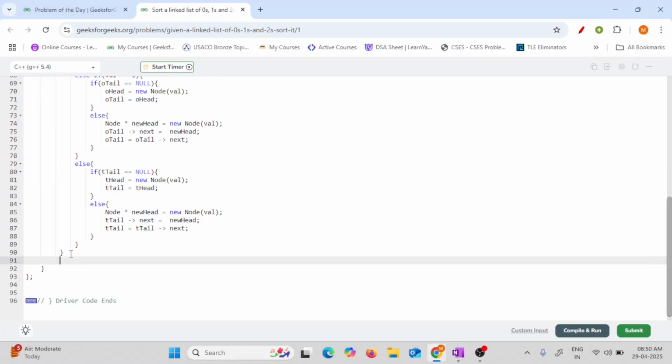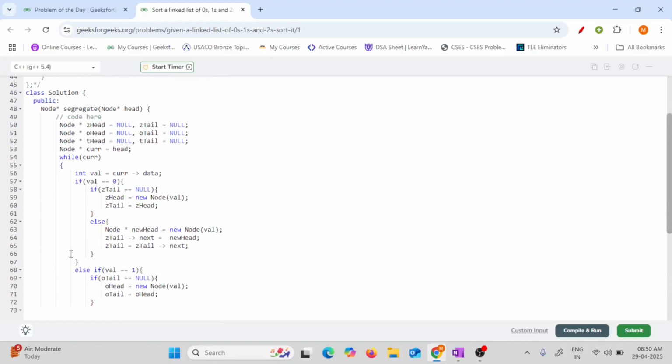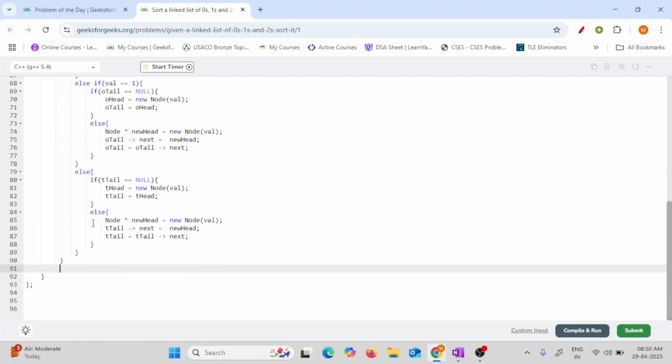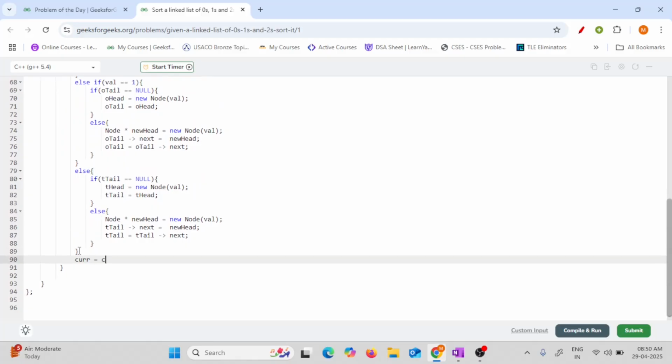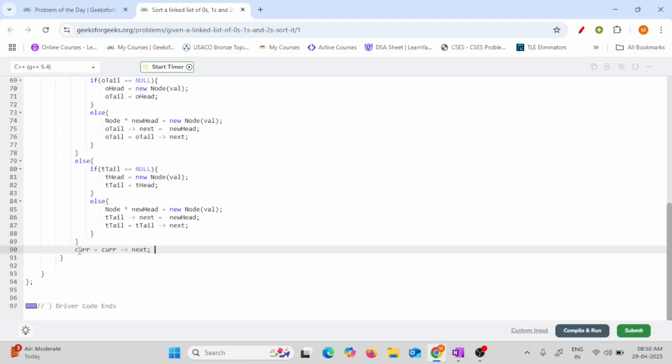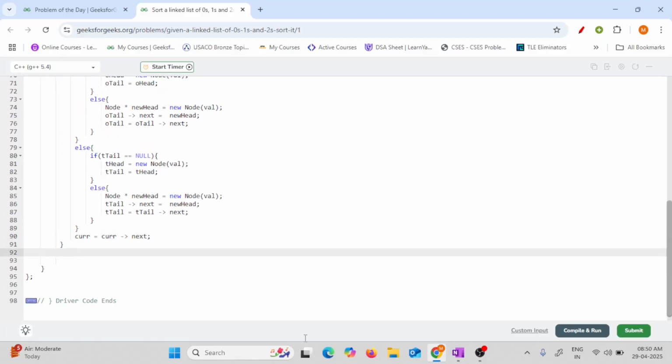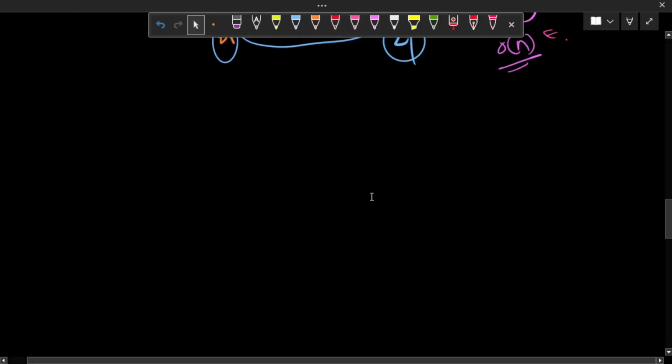Okay. So after that I have to do the current next. So at the end I'll increment the current is equal to current next. Again what I'll do, now there are three conditions. What are the three conditions? Which is very easy. There is a possibility